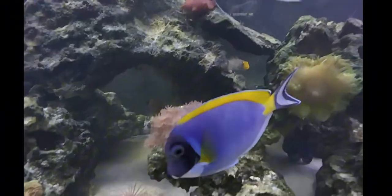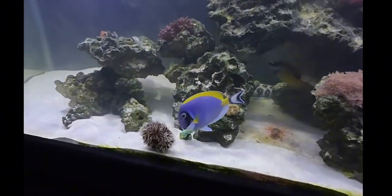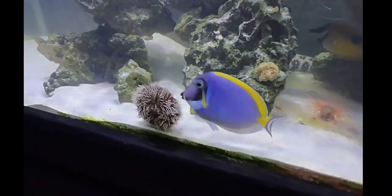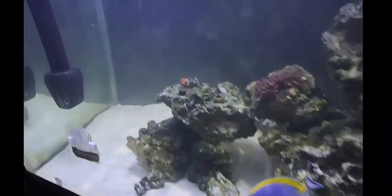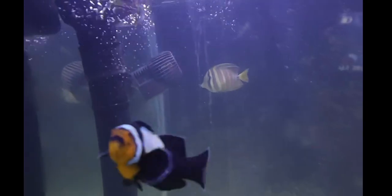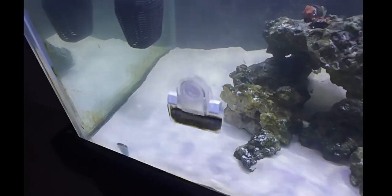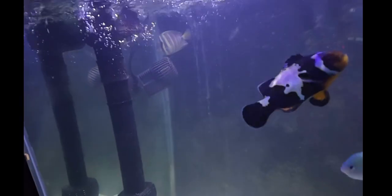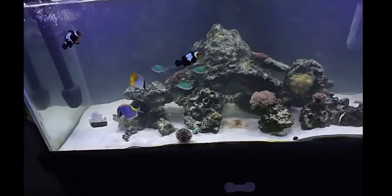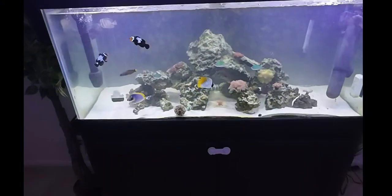You can tell Bluey, he's got all this blue back. He's super happy. I think after we got the sailfin, he was becoming a lot happier now that he actually had somebody to play with and mess around with. Our sailfin's up here eating the seaweed, whatever it's called. I can't remember. I said it this morning, I can't remember now, but he's up there eating it off the powerhead. But everybody's doing really well. The corals will start doing really good after